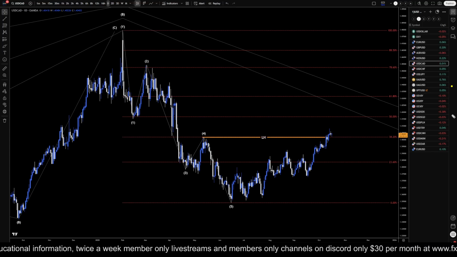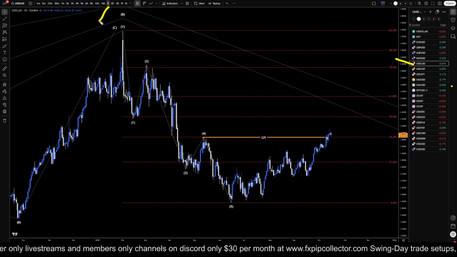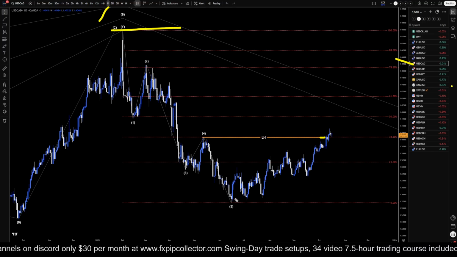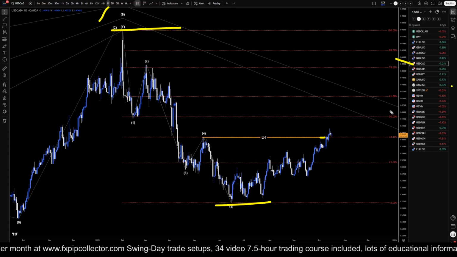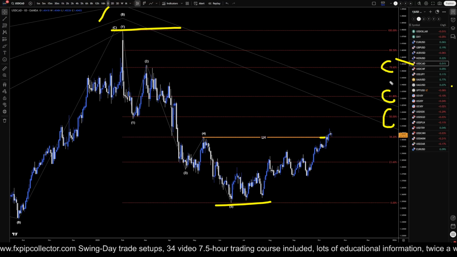Today is Thursday, October 16th, and this is my analysis for the US dollar Canadian, and we're on the daily time frame. So on the daily time frame, we did break structure, like I've been saying. Now I think that there's a very good likelihood that we're going to pull back to this whole move down right here. That means that I think we're potentially going to go to one of these much higher Fibonacci levels.